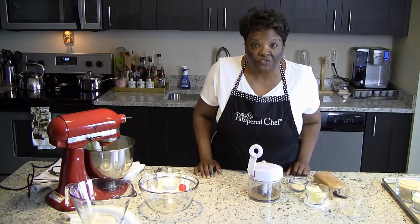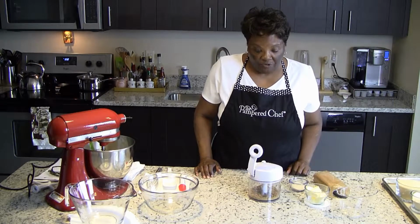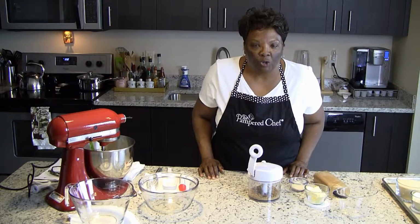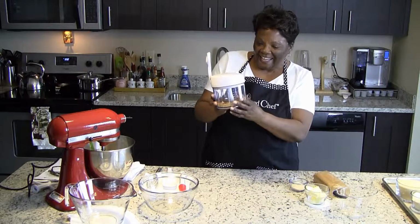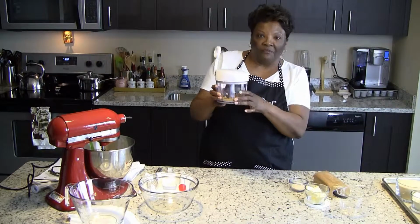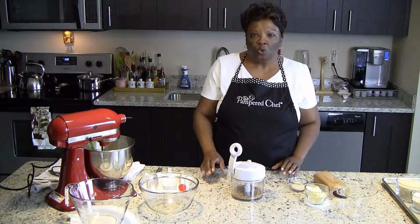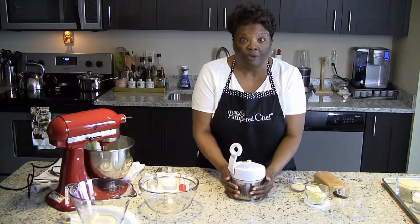Okay, we are ready to get started with our New York style cheesecake. And the first thing, of course, that we need to do is to make our crust. So I have here this neat, handy, manual food processor by the Pampered Chef. It's a great tool that can be used to do breadcrumbs,